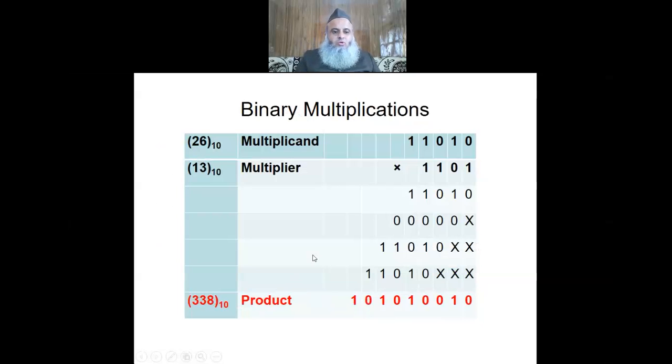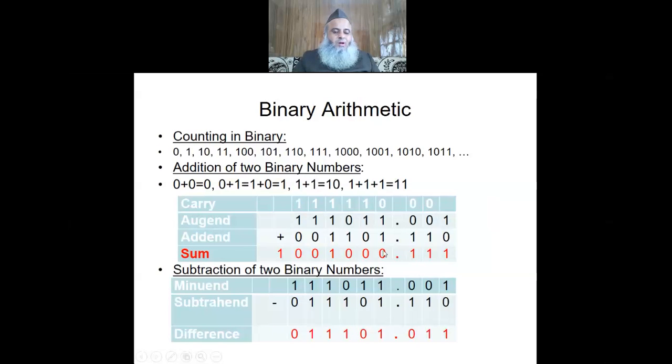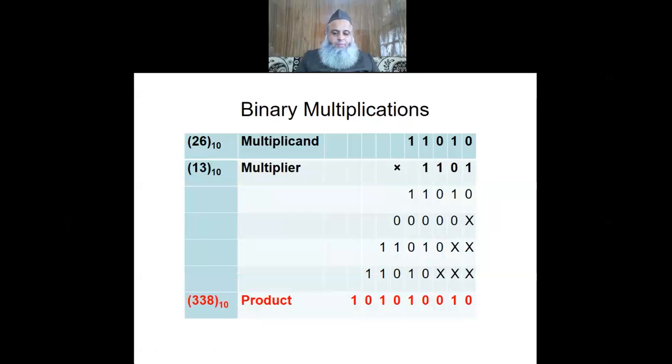So in addition to counting the binary numbers, we also have to remember the powers of 2. Just as 0 1 1 0 1 1 1 0 0, I'll also suggest that you remember the powers of 2. What are they? 1 2 4 8 16 32 64. I'm just giving the powers of 2. 2 to the power 0 is 1. 2 to the power 1 is 2. 2 to the power 2 is 4. 2 to the power 3 is 8. So you should also remember